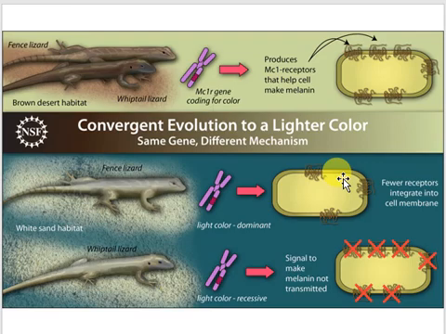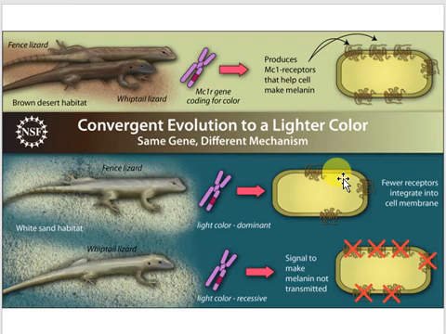In the white sand-dwelling fence lizard and the white sand whiptail lizard, they have this gene, but it's been mutated. So they have a mutated MC1R gene. In the fence lizards, that mutation is dominant, so they only need one copy of the mutated gene to get that white color, and it operates